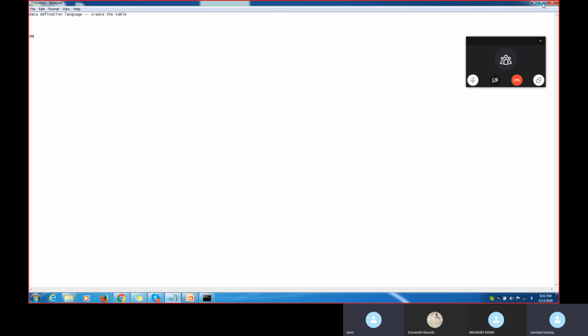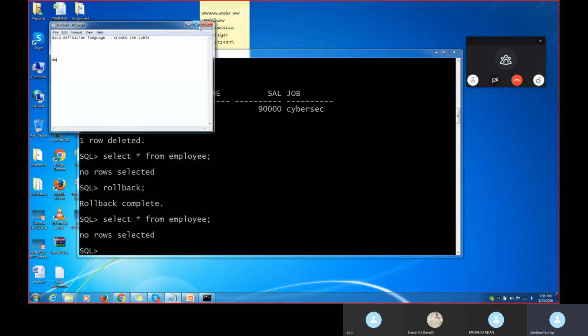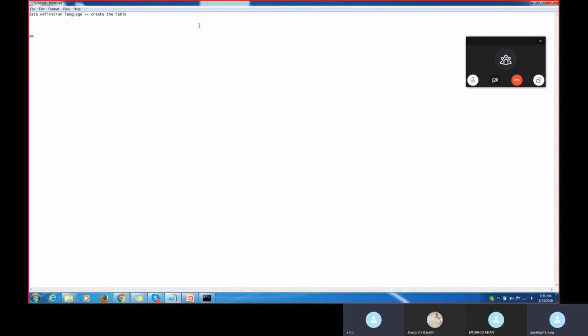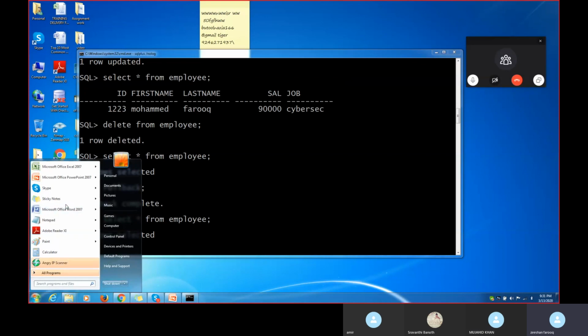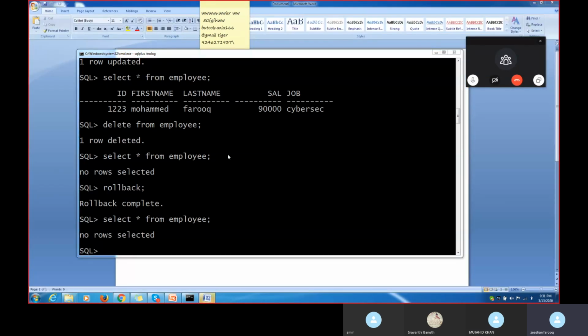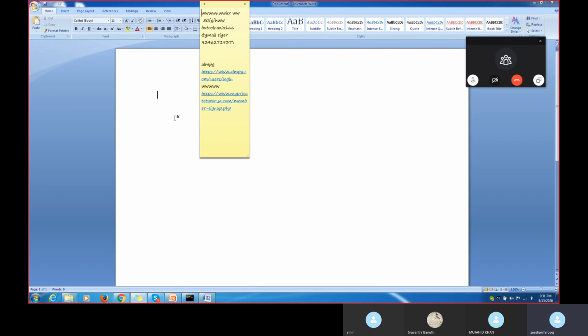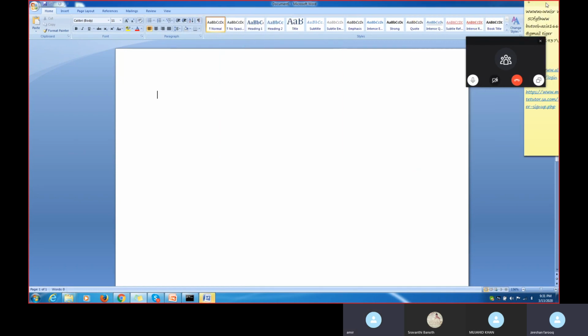Not the screen, the text that you are typing. Okay fine, let me just do it in Word format, it will be better. Let's go here and do it in Word format.